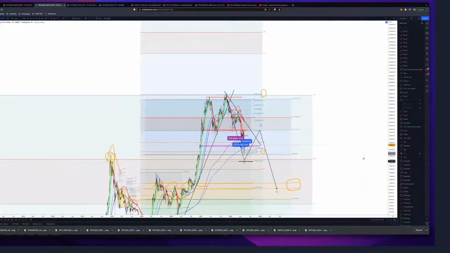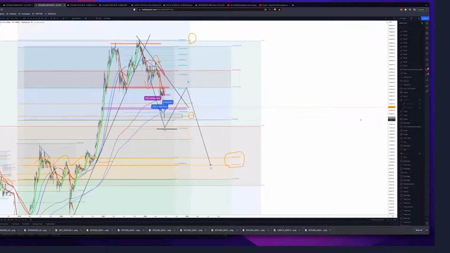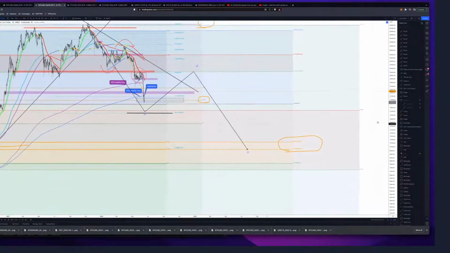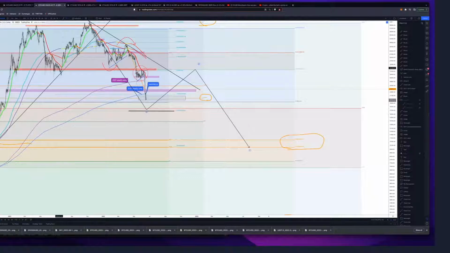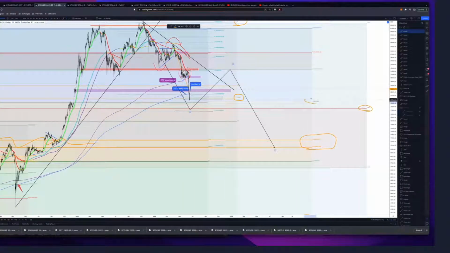So we're having our macro wave to the downside, and if we get closer, so now we have established this Fibonacci. We know that's the all-time high, and we know this level is also previous resistance and support, and